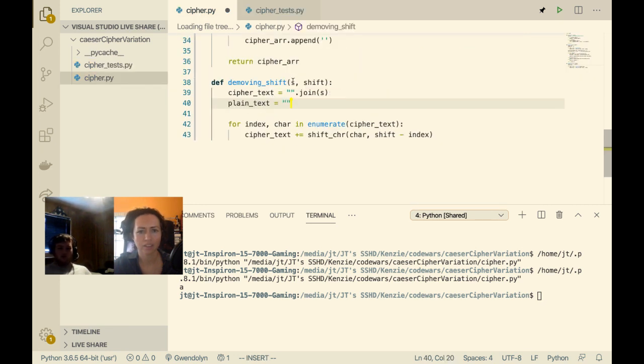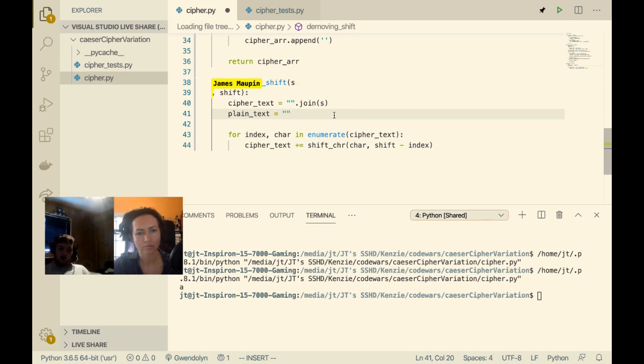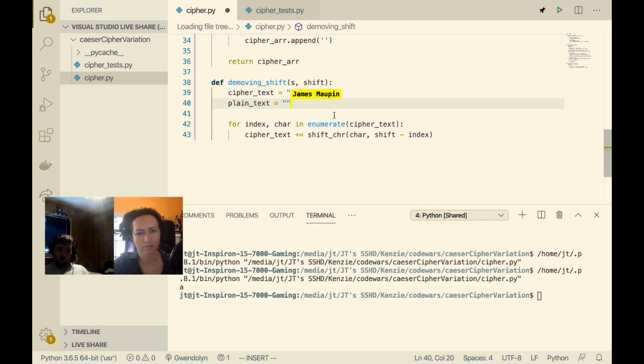Should we call this... this doesn't matter, but should we call it S here then? Because it's not a string, it's a list. I only called that S because they did in the kata. I just copy and pasted both of these functions from the kata itself. Okay, we'll just keep it. That's fine.